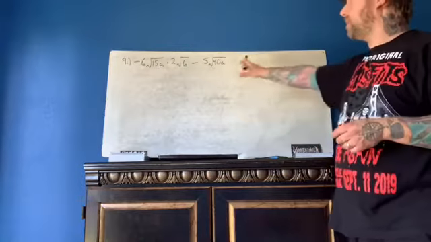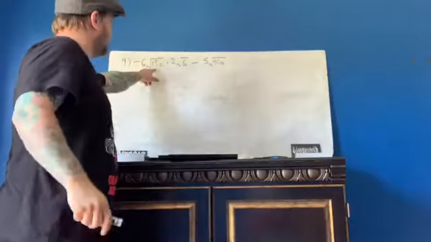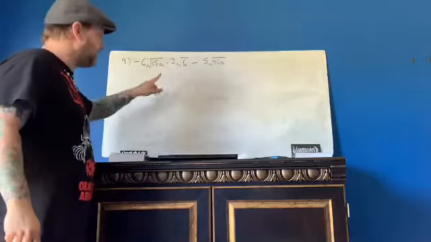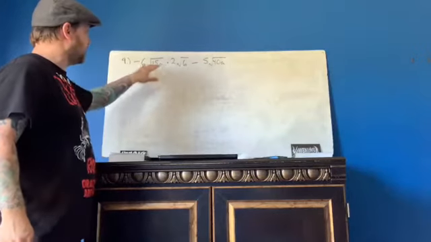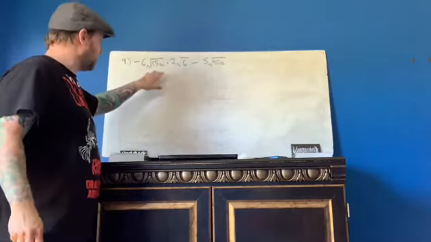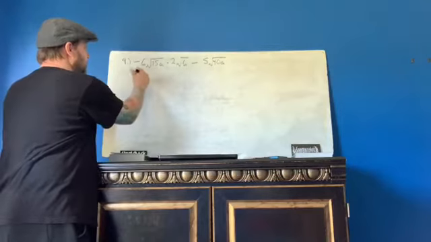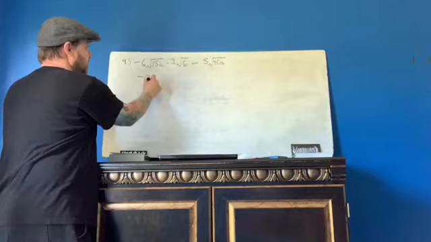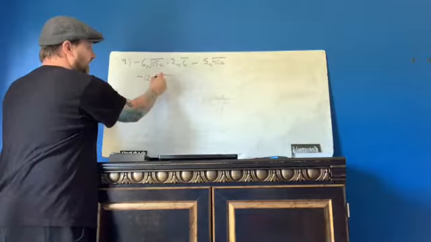Well, do we have any perfect squares? No and no, but I can multiply everything together. Multiply what's outside the radical, multiply what's inside the radical. So I'm going to get -6 times 2 is -12 times 6 times 15 is 90a